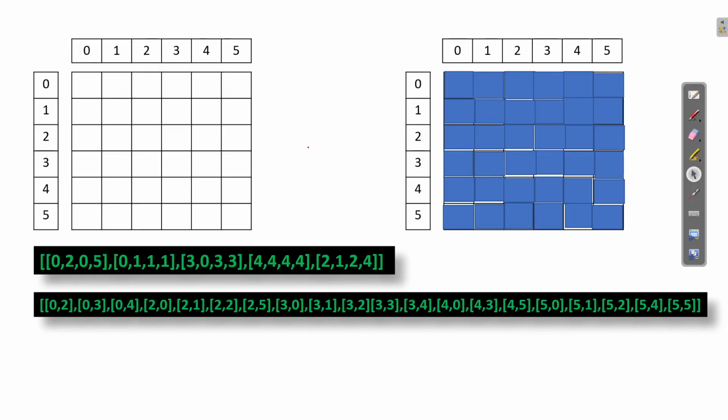Now suppose this is the one which says where the artifact is stored, and this is the one which says where we are digging. How I came up with this solution is, the artifact that is there, this is artifact one, this is artifact two, this is the third artifact, this is the fourth, and this is the fifth. So I have to store this information, like where the artifacts are, and then when I start digging, I'll dig that particular cell and see whether that artifact can be extracted or not.